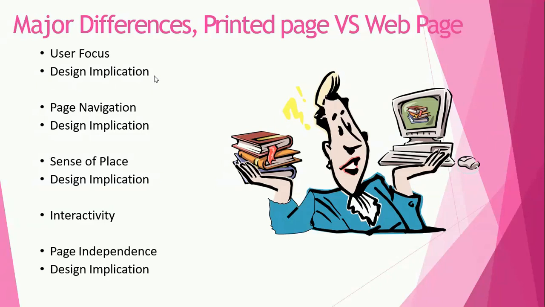Whereas a printed page is not considered an independent page. There is a certain organization in a printed page. It is very sequential. Whenever you read any textbook, it is arranged in a certain standardized manner, and you have to go on reading from the first page itself. You have to read sequentially. So you can consider that printed pages are not independent.